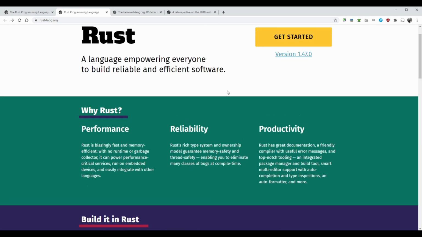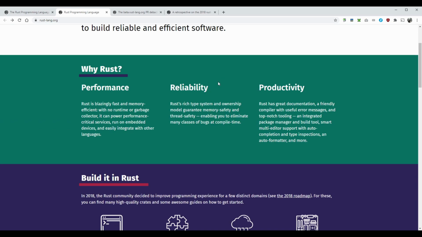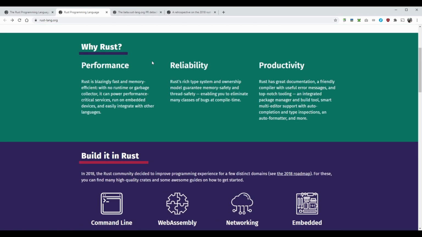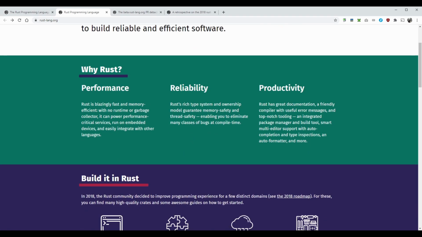Now, this is a small difference, but there are bigger differences if we go and take a look at the rest of the website. So why Rust? Performance, reliability, productivity. So here we have a bit of arguments, like each point here has a small explanation underneath,